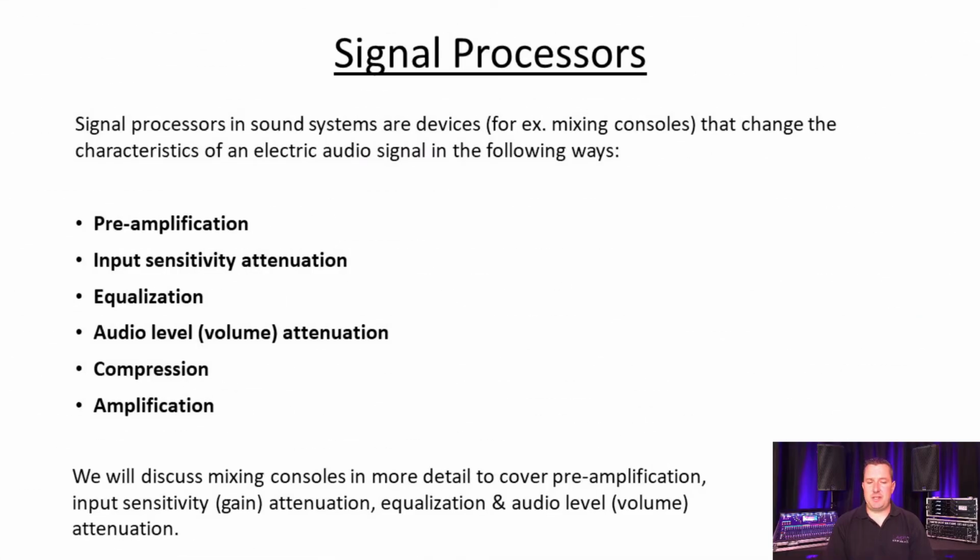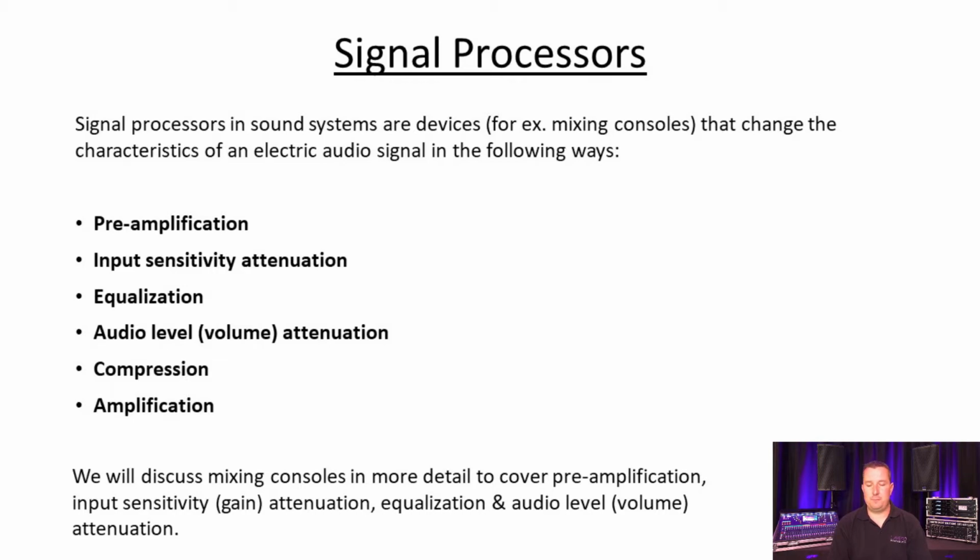Signal processors in sound systems are devices, for example mixing consoles, that change the characteristics of an electric audio signal in the following ways: preamplification, input sensitivity attenuation, equalization, audio level attenuation or volume, compression, and amplification. We will discuss mixing consoles in more detail to cover preamplification, input sensitivity attenuation or gain, equalization, and audio level